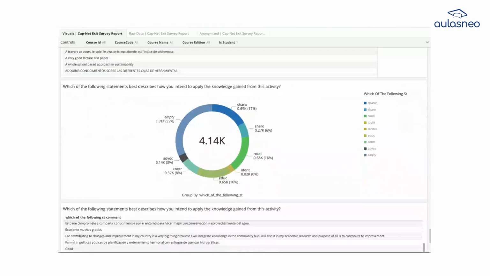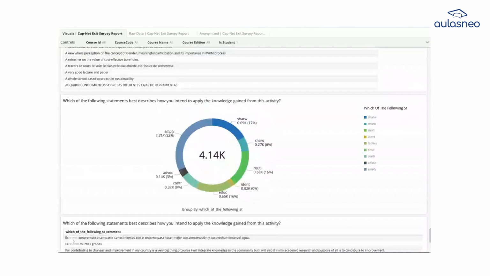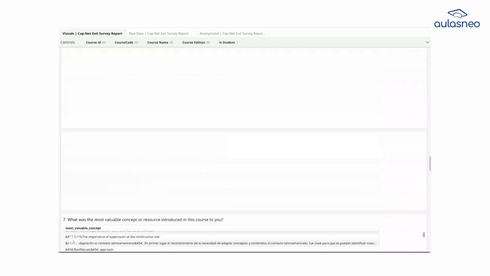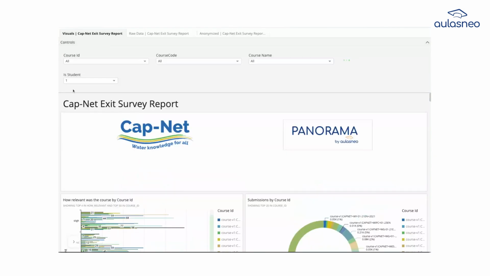And as in the other example, these are advanced forms that are embedded within the courses, and once each user finishes the course, they gather all the information in the report that can also be filtered with different criteria: per course name, per edition, per course ID,